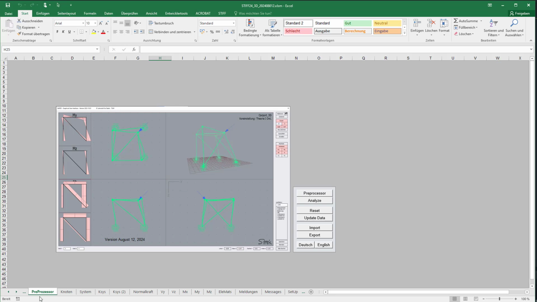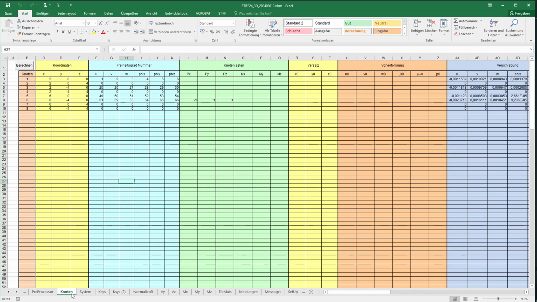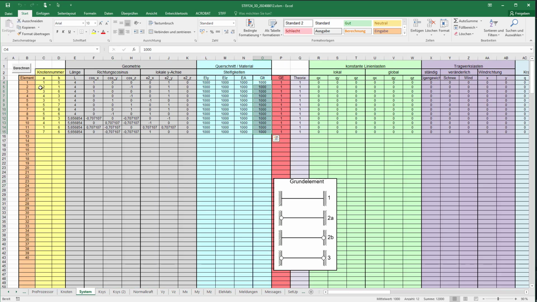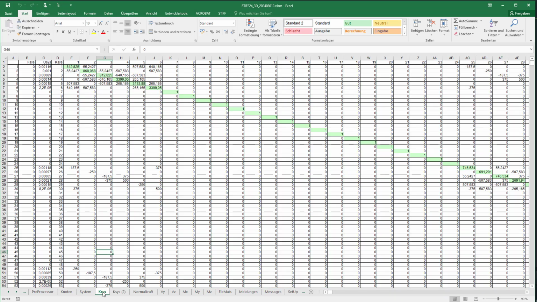Here we are at the table preprocessor, and if you go through all the other tables, you may now find all the data which we have created or operated on through our interactive application of Stiff: all the nodal information, the system information with the topology, the cross-section material properties, and so on and so forth, cases, the stiffness